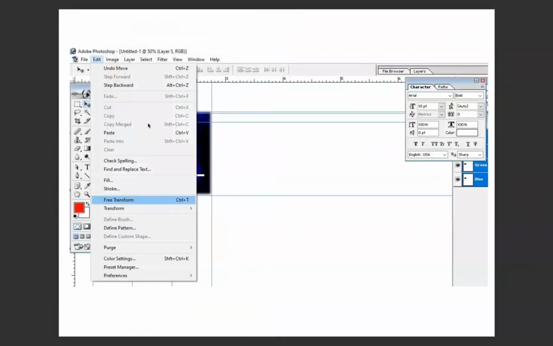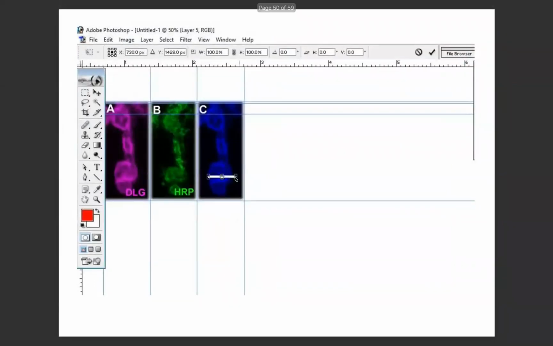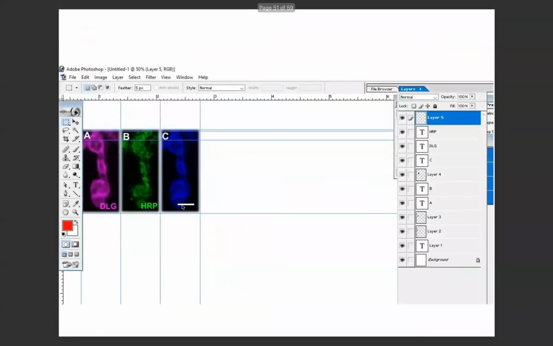So how to do that? How to modify the scale bar? So go to the edit and go to the free transform. Just click that. So when you click that, you will get a box like this. Now just click here, and if you want to thin it, just make a thin line, just drag. If you want to make a smaller line, just drag like this. So you can actually shape your scale bar. So here I have finally made the scale bar for 2.55 micrometer. If you want to make it thin, you can also do that.